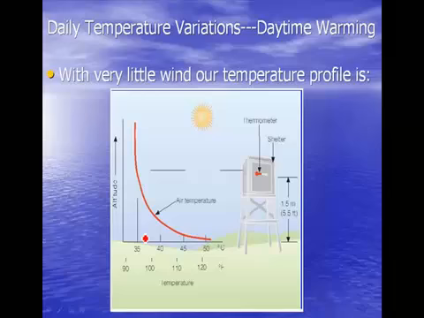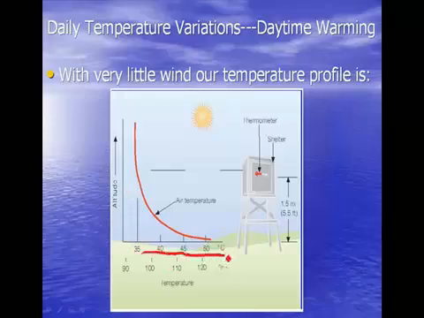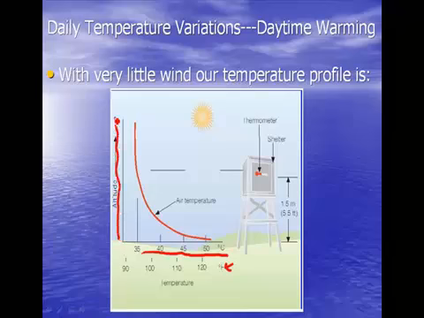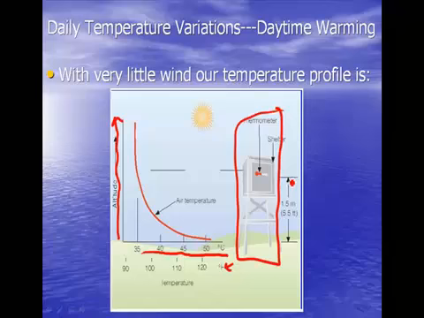Well, let's talk about daily temperature variations, specifically daytime warming. This particular graphic has a lot of information going on, but we have an x-axis, which is temperature in degrees Celsius or Fahrenheit, and then the altitude as we go from the Earth's surface on up. As a point of reference on the right-hand side, they show a meteorological weather instrumentation shelter. It's about 1.5 meters, or about 5.5 feet above the surface, where the temperature is taken in a ventilated